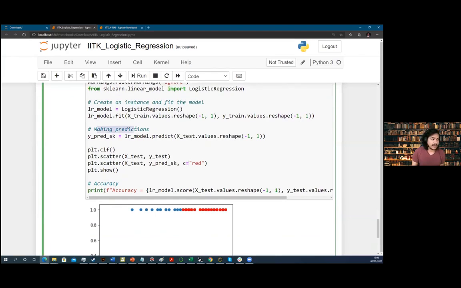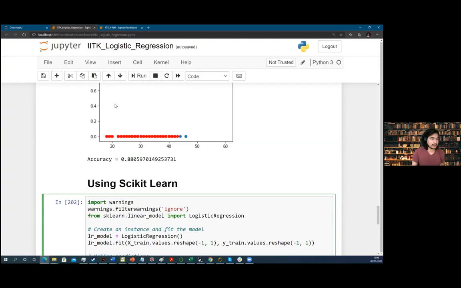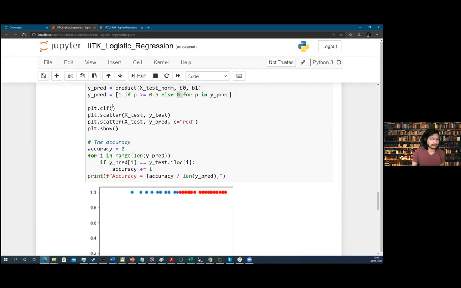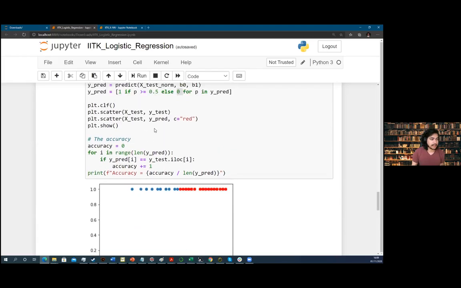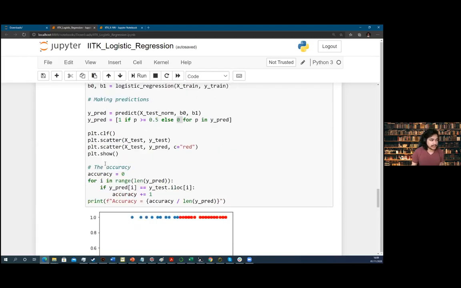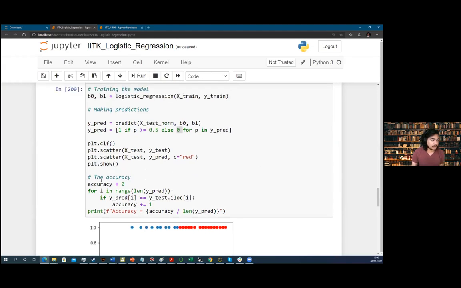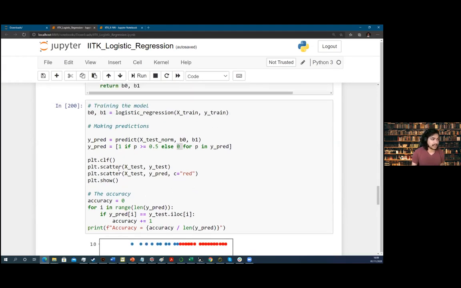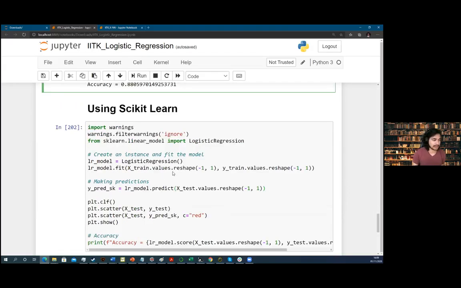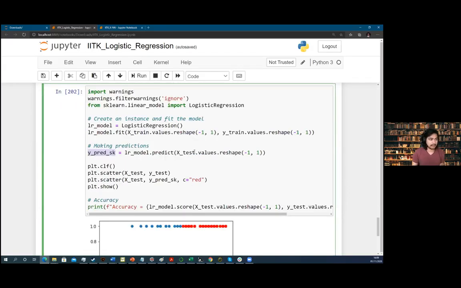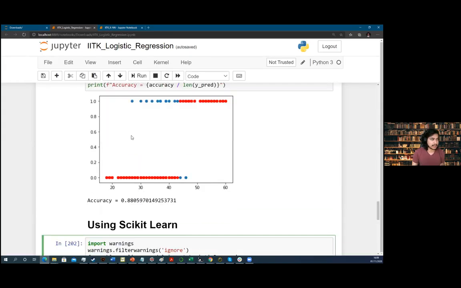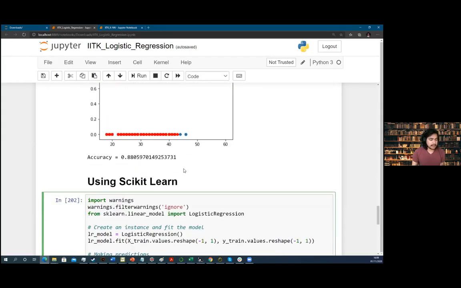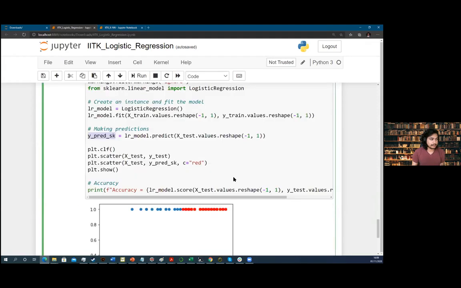Then you make a prediction by calling dot predict on the same trained model, which you did here in this process, y predict. Then you show the accuracy as well as the scatter plot, which is almost the same. So with this simple formula we got the same values, and with this one we got the same values. Okay.